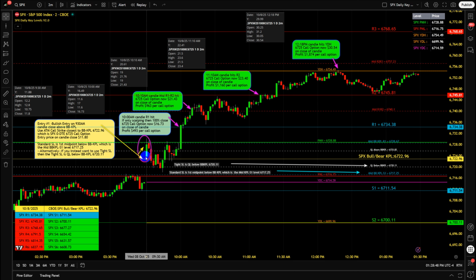The entry price on the candle close of this 9:30 candle that closes at 9:32 a.m. since we're on a 2-minute chart, is $11.80. For those of you who may not be familiar with how options work, basically you take the price of the option that you're paying, you multiply that times 100, and that is how much money you're laying out for one option. So in this case, if you were just buying one 67.25 0DTE call option at $11.80, then the cost for that one option would be